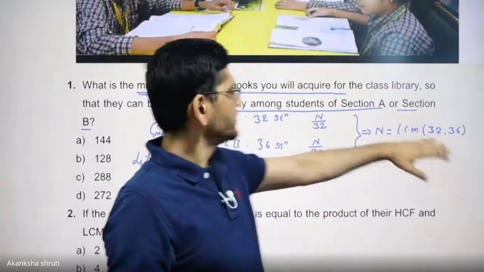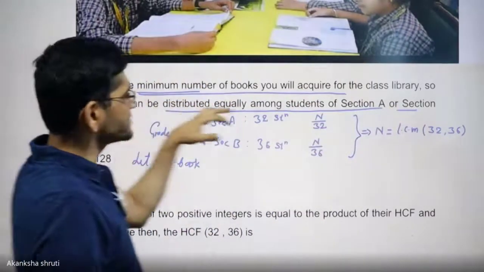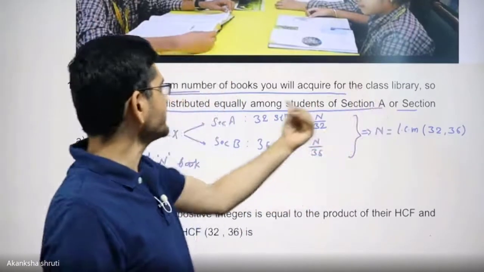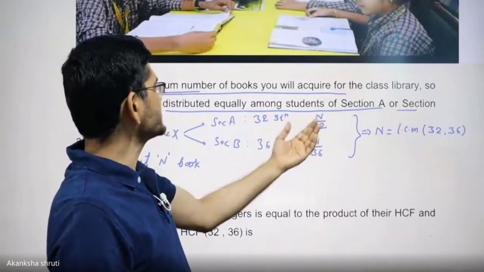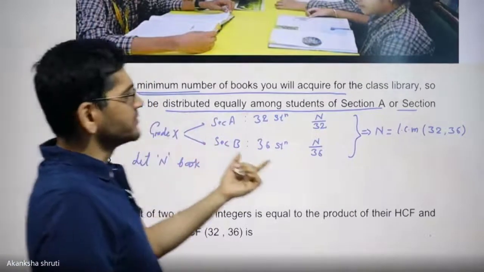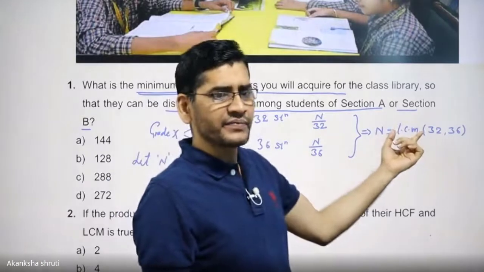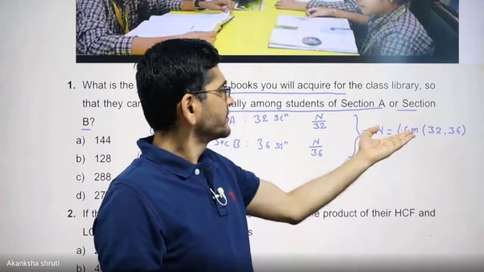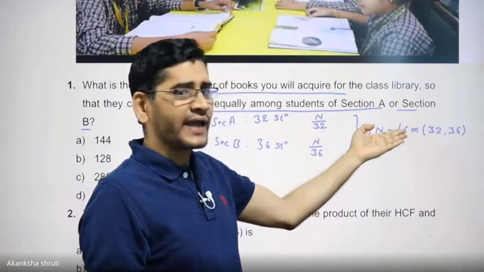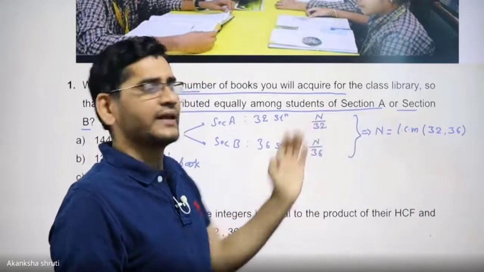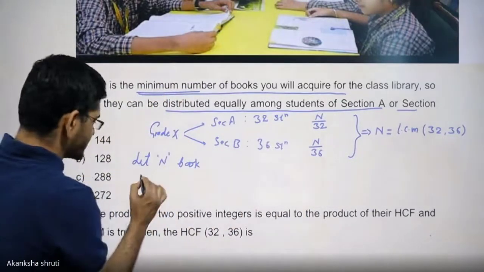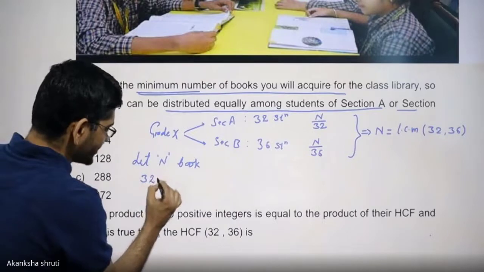Here in this question it was not mentioned to get the LCM, but from this situation we get that a number which is divisible by 2 or more numbers is obtained from the LCM. This way our mathematical knowledge of LCM can be used for setting up the library. Let us find the LCM of 32 and 36. Go for factorizing this 32.